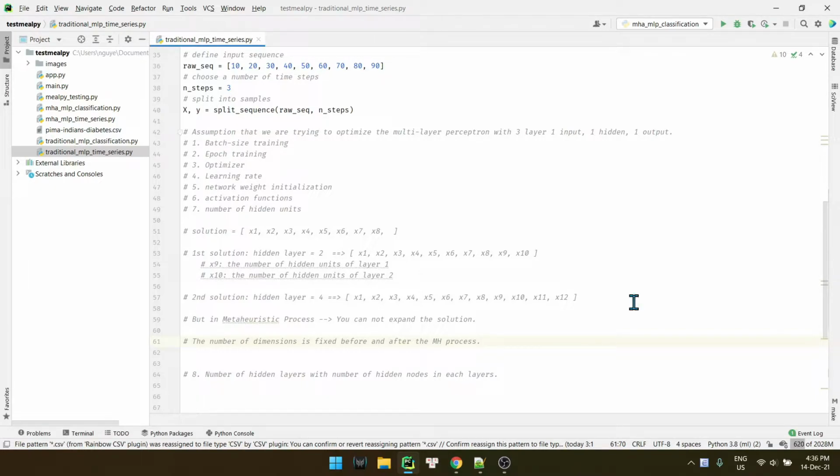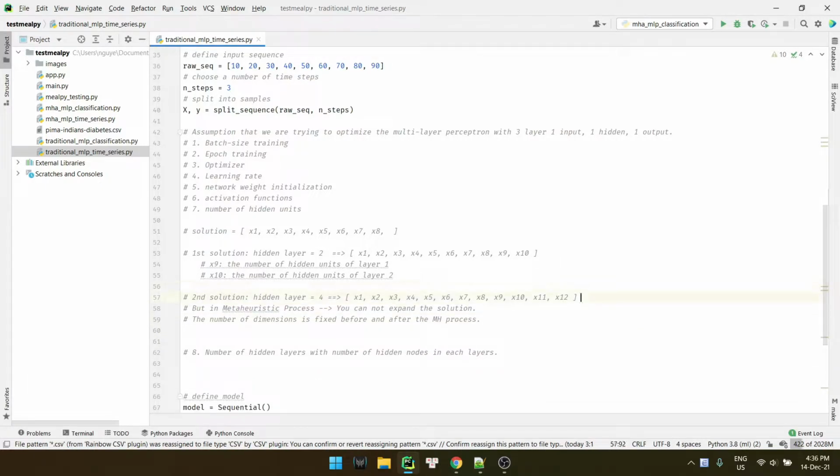So you actually cannot do that. You are not able to optimize the number of hidden layers together with the hidden nodes inside each layer.